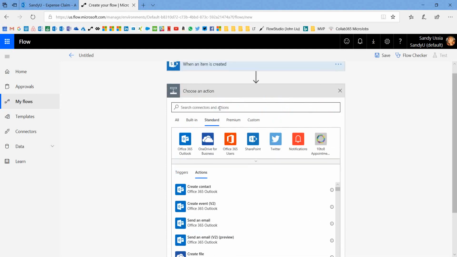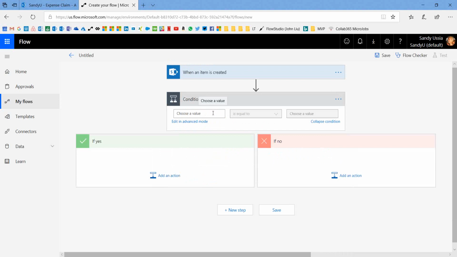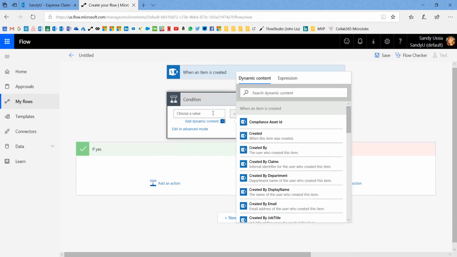What I want to do is actually go ahead and use the condition control, because I want to say that if my expense claim is over $500, then it needs to be approved. So when I click in this condition and where it says choose a value, you can see that it has popped up this dialog for dynamic content. And so what that means is it's taking values from previous steps in the flow. And if I had had 2 or 3 steps previous to this, then I would see different sections in here based on the different